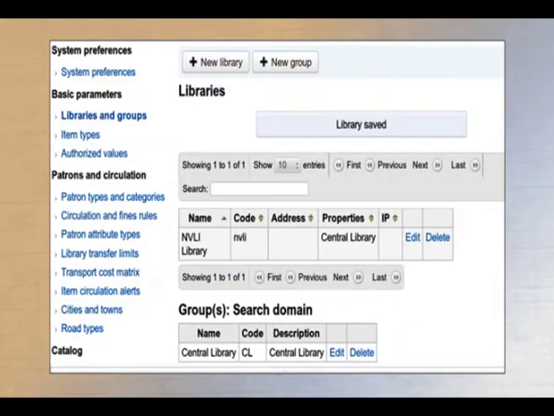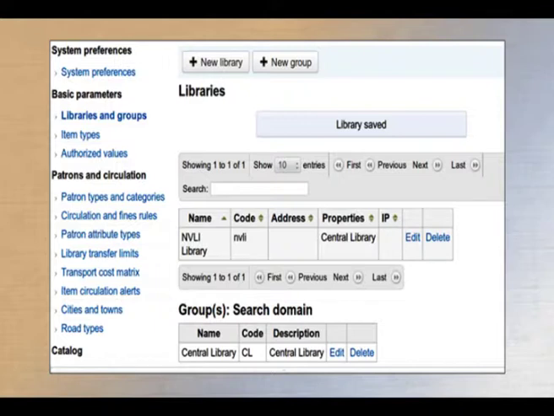Now, what is a group? Group means, suppose you are working in a university library, there are n number of departmental libraries, seminar libraries, and there is one central library. So, you need to define how many types of libraries are available in your system: main libraries, branch libraries, departmental libraries, seminar libraries, etc. Now, suppose in a college library there is only one library, so you define one category.